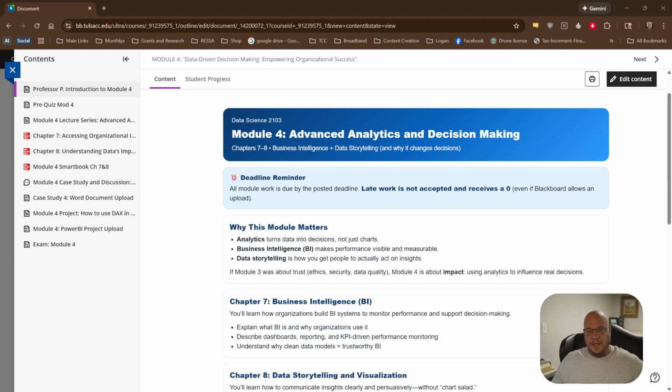Now what you need to do this week, you've got to follow the module workflow in order. It's not a stress test. We always start with our pre-quiz, we jump into our lecture and our readings. That's your foundation for your vocabulary and deeper concepts. You're going to read your case study and write your 1,000 words. You're going to do your Power BI work, where you're going to build some skills that translate directly into real-world reporting and analysis. And then you'll finish up with the module exam.